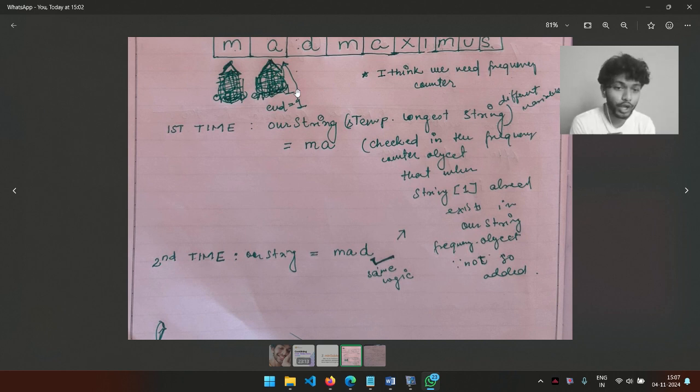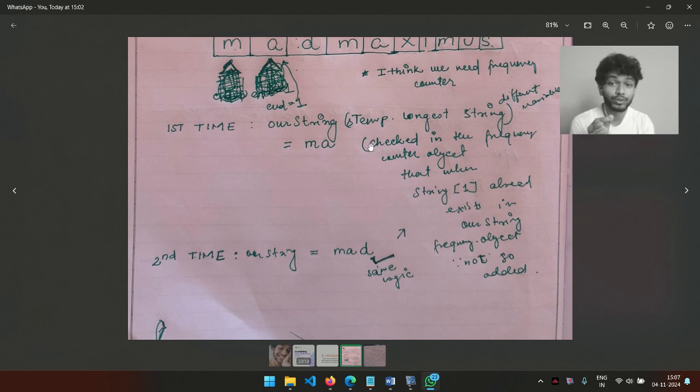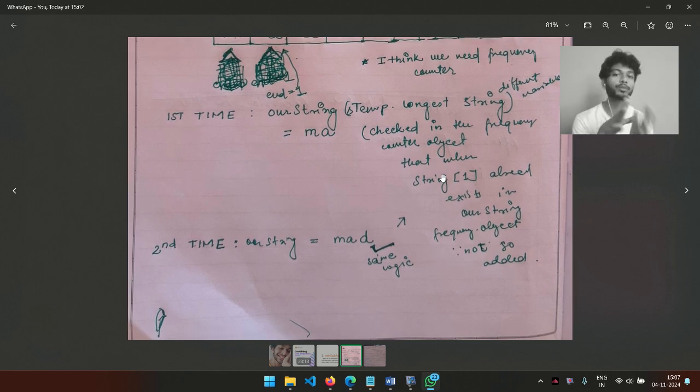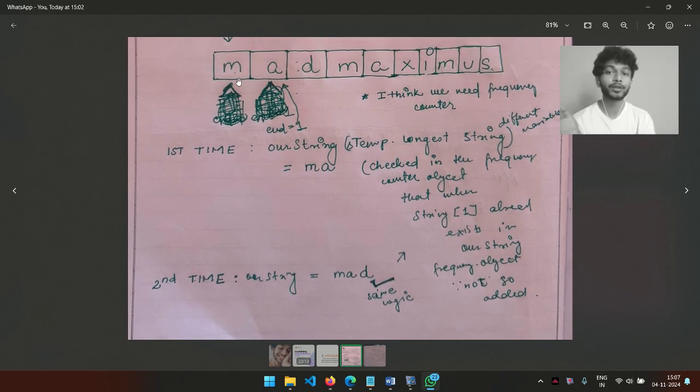Since it was not, it was added into our string, and our frequency counter object also got updated. And one more thing I would like to say: